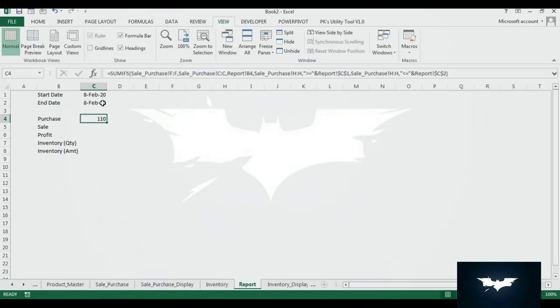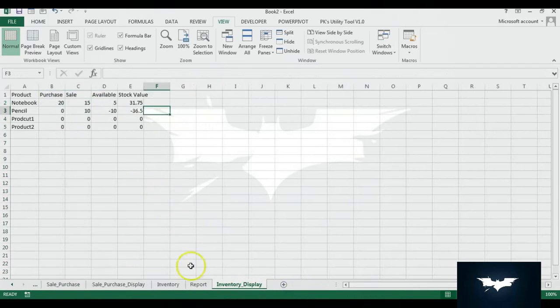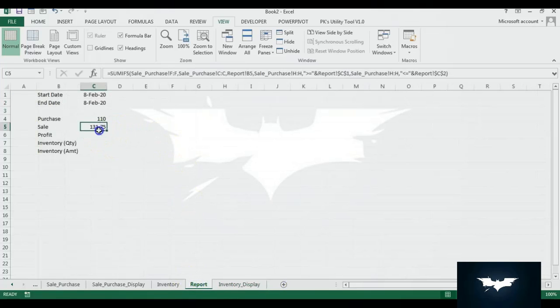We are getting the purchase quantity. Same, you can fill this down to get the sale amount, purchase amount and sale amount. And the profit, so profit we can get from this column. The only difference is we'll take this column and we will not take any kind of type, right? So what I will do here, I'll use the same formula and make some changes here.